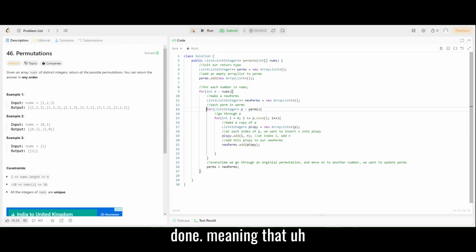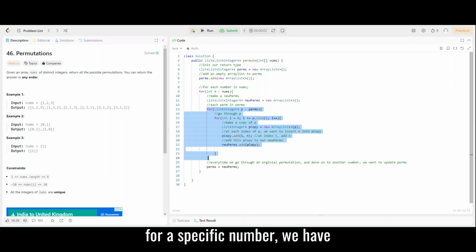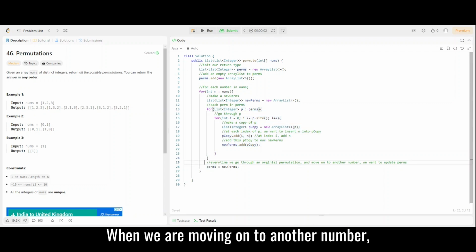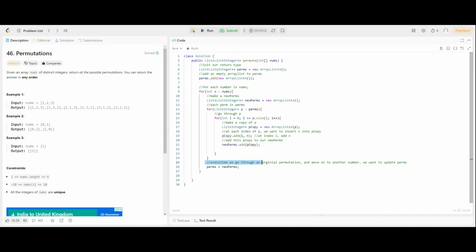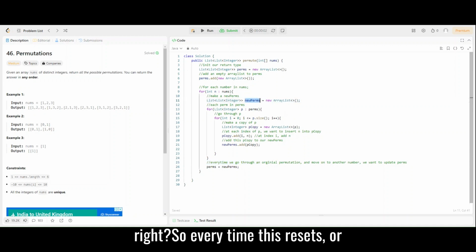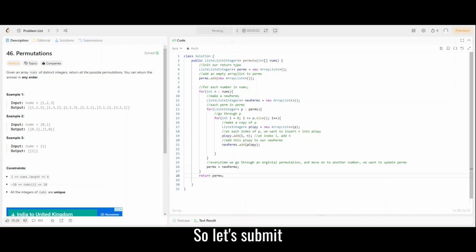Okay, so once this is done, meaning that for a specific number we have computed all of its permutations, when we are moving on to another number, this list of new perms is going to reset. Right, so before this resets, we are going to add those values to this perms. Right, these permutations, and then at the end we just return perms. So let's submit,